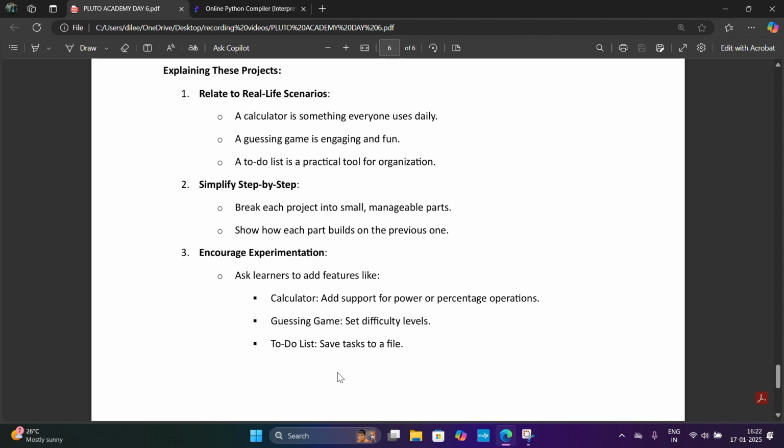Okay, and then save task to a file. This is the things that I am asking you guys to do. Okay, do these three things. That is, after completing the calculator project that I have explained, you should add power or